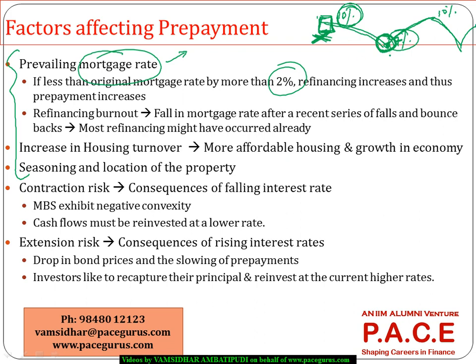If this has been a continuously repeating, quickly volatile kind of process, what could have happened is some people might have refinanced here, some people might have got their homes refinanced at this rate. So it could have happened that a good proportion of people might have already got their refinancing done at a lesser rate of interest. In that case, there is very little chance of